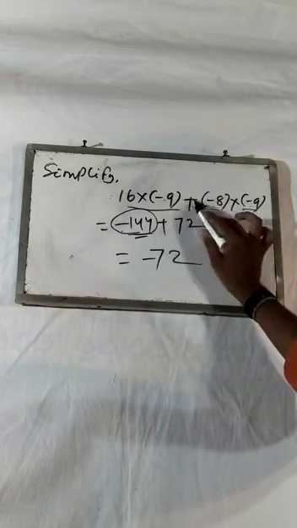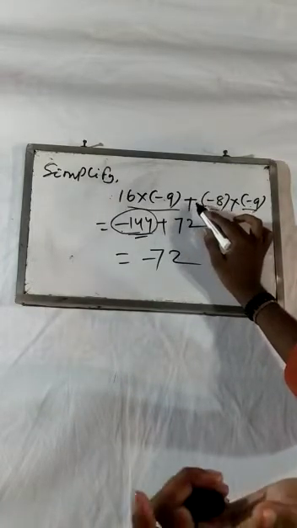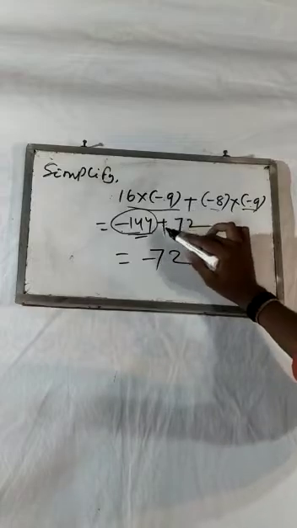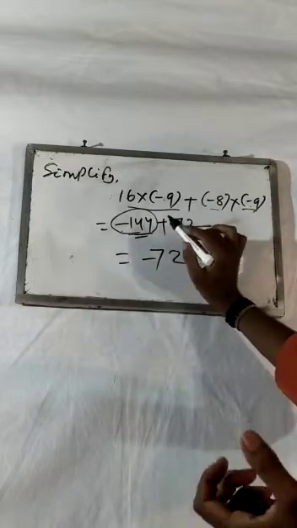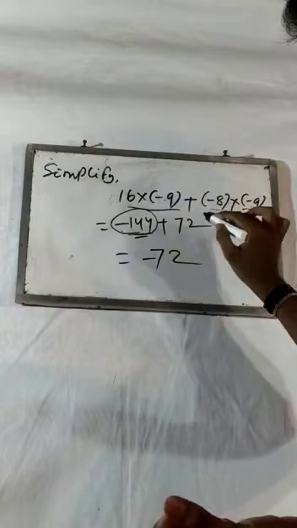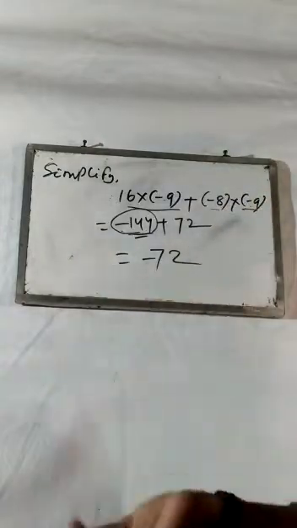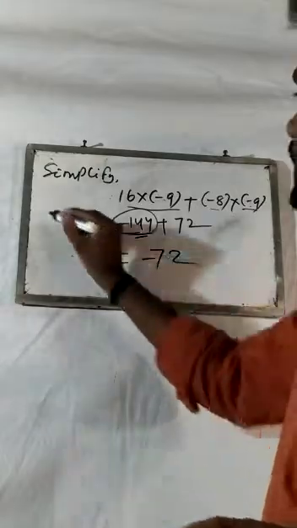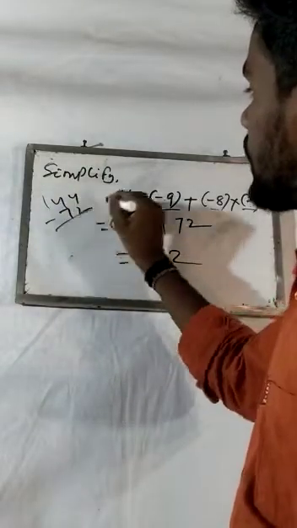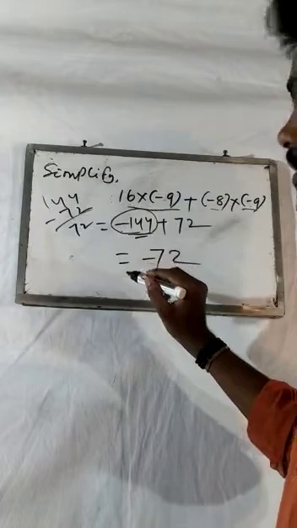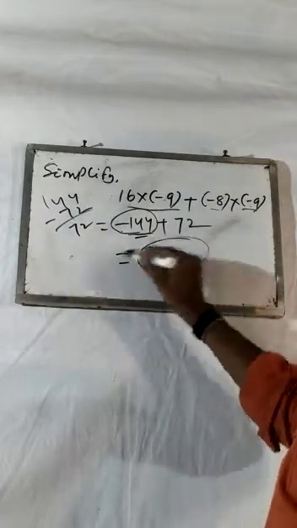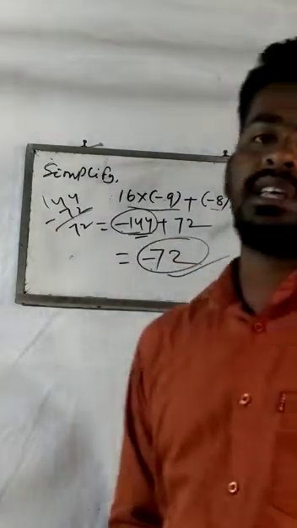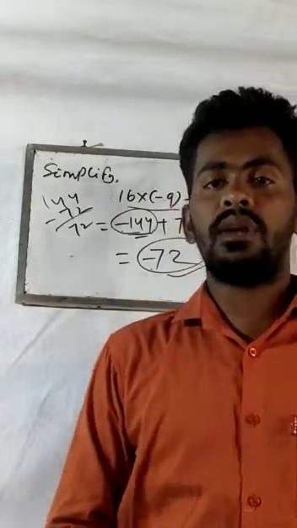The result will be plus. And as there is a plus sign or addition sign in between, we have to give a plus sign. I told you again, you notice here one number is negative and another number is positive, and in between them a plus sign is there. So what you have to do, you just subtract the smaller number from the larger number. Then what will be your result? 72, and just put the sign of the larger number, minus 72 is your answer. So in this way you can solve the problem.